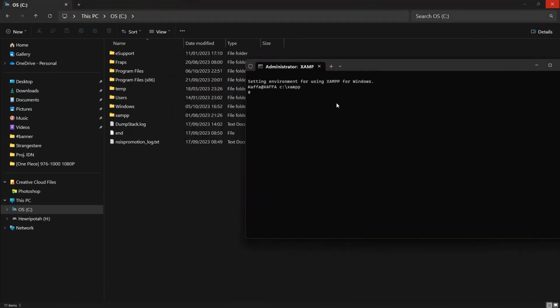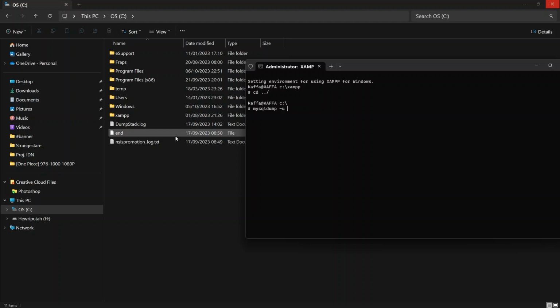So how to do that? Just type cd space double dot, enter. So we are on C, and then after that just type in mysqldump